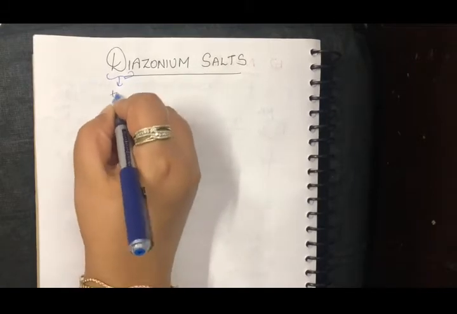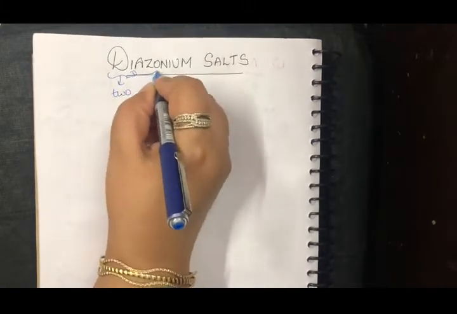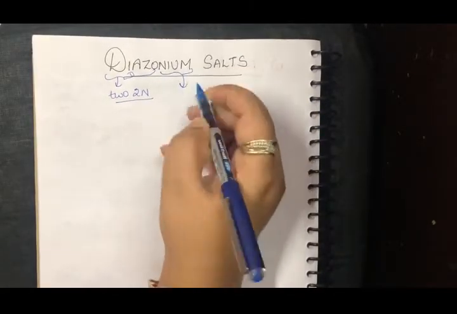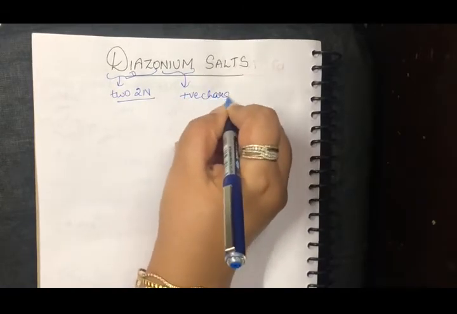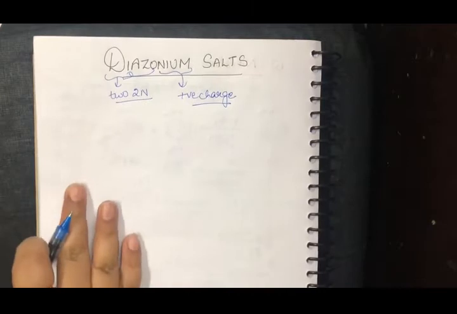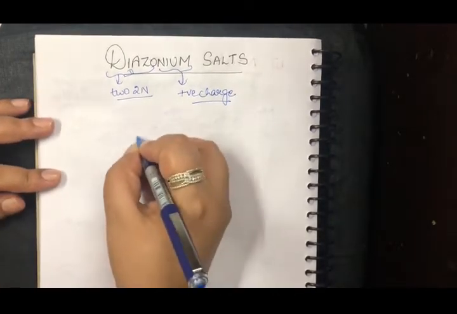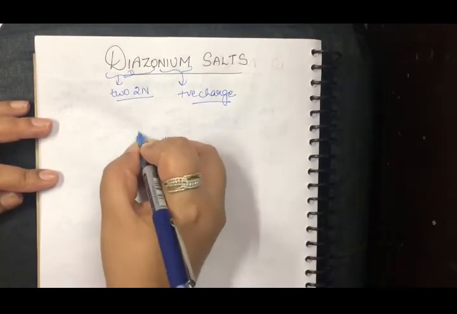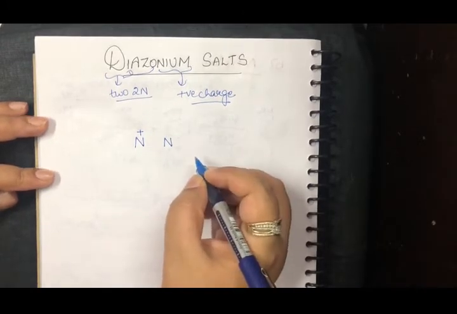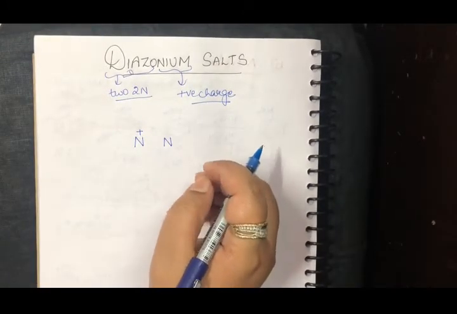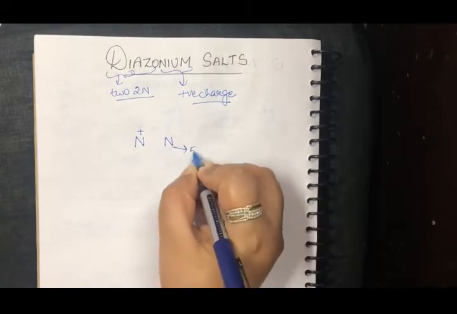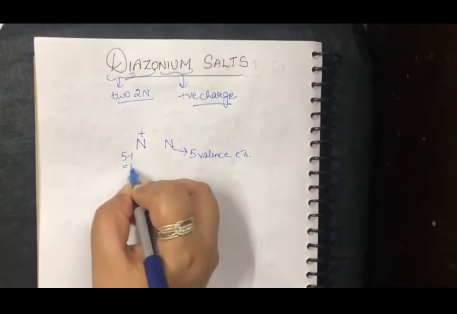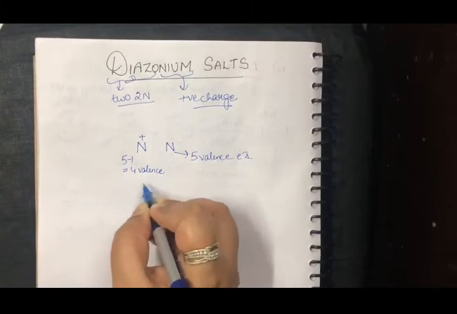Di means two. And here if I say diazo, I am talking about two nitrogen atoms, right? And what is nium? Nium means it is a positive charge. Now, what we are going to talk about here is that there are two nitrogens and there is one positive charge. So definitely one of the nitrogens is positive and the other is neutral. As we know, the atomic number for nitrogen is 7 and the valence electrons are 5. So this nitrogen is going to have 5 valence electrons. And this would have 5 minus 1, 4 valence electrons because it has a positive charge.